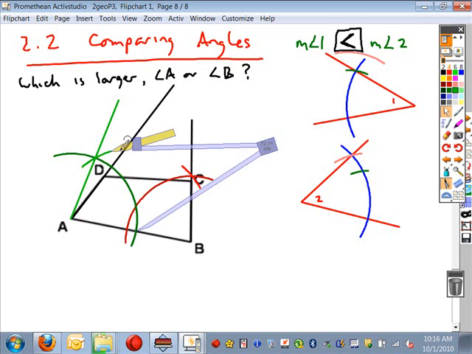And so if this arc here falls outside in the exterior of the angle, then the original one was larger. If this arc had fallen in the interior of the other angle, it would have been smaller. And if they lie on the exact same, obviously they are equal. So which one's larger in this case? The answer would be